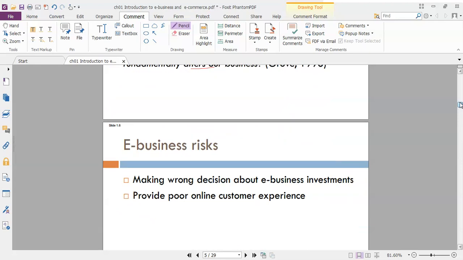So there is some of the e-business risk. What is the risk? It's actually making the wrong decision about e-business investment. If you want to build a website, it will cost you some money, so you must have capital to invest. When your management decides to have an internet or online business or website, it will cost you actually,